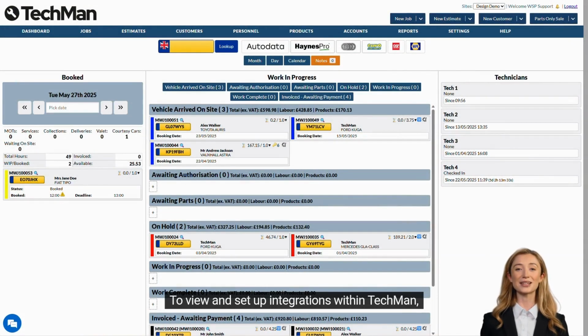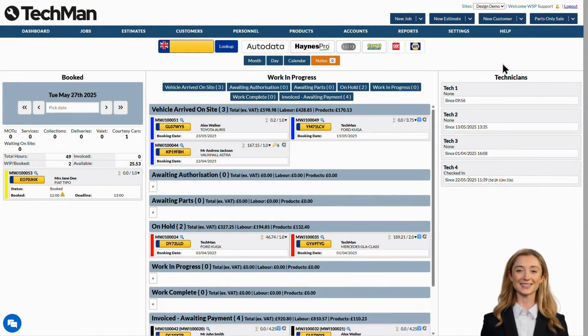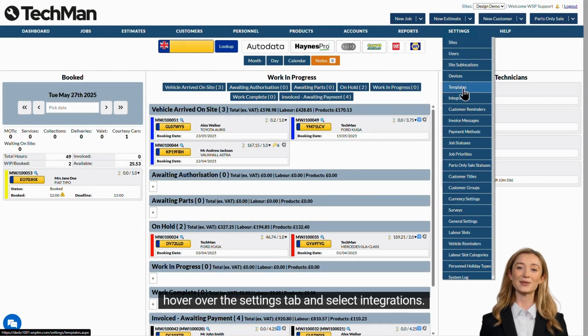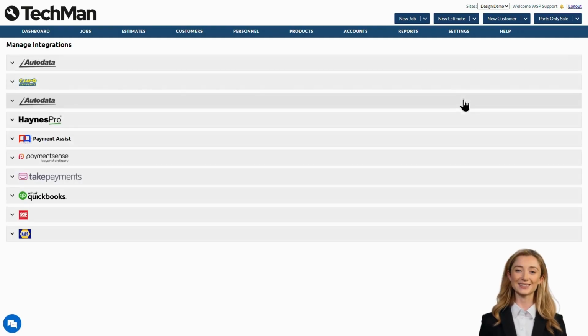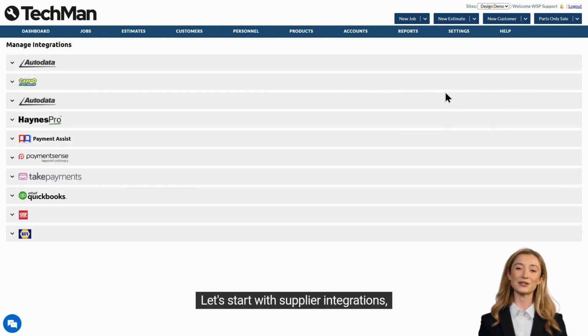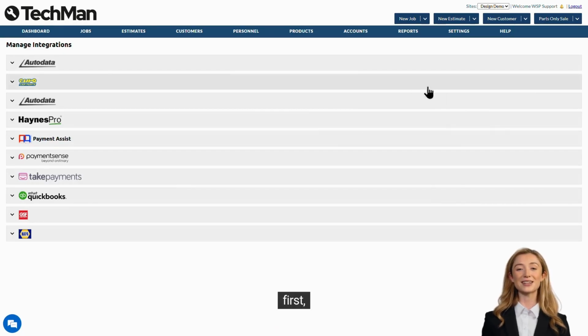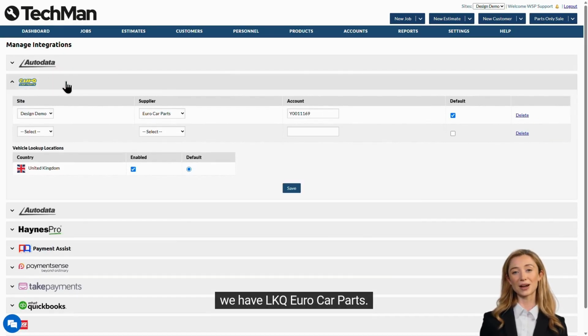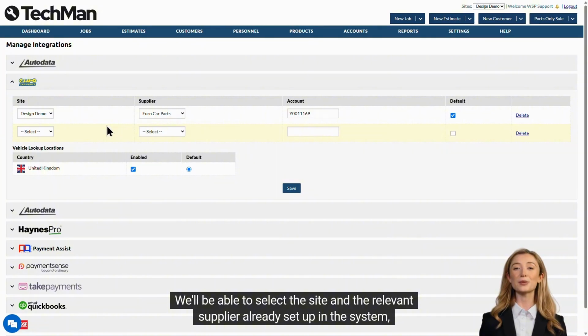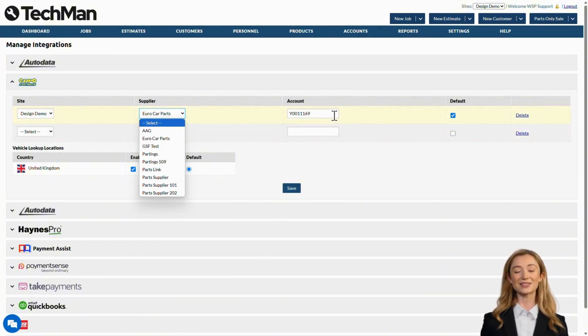To view and set up integrations within TechMan, hover over the Settings tab and select Integrations. Let's start with supplier integrations. First, we have LKQ Euro car parts. We'll be able to select the site and the relevant supplier already set up in the system, then enter the